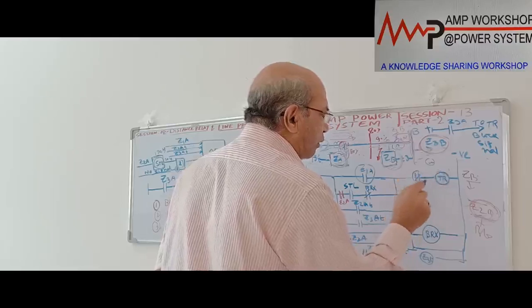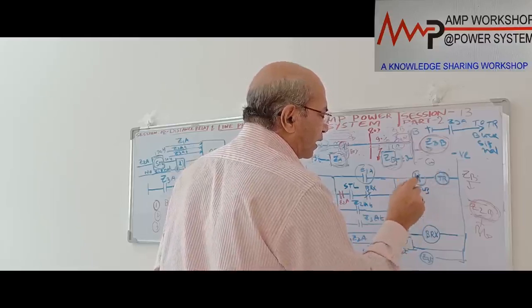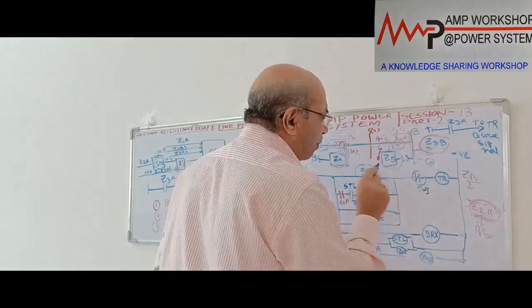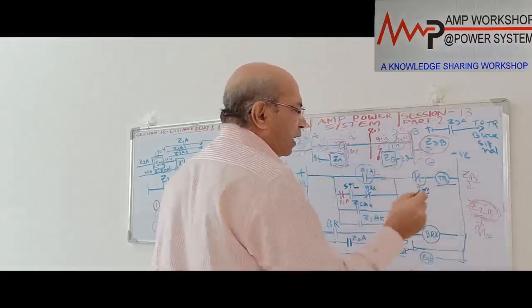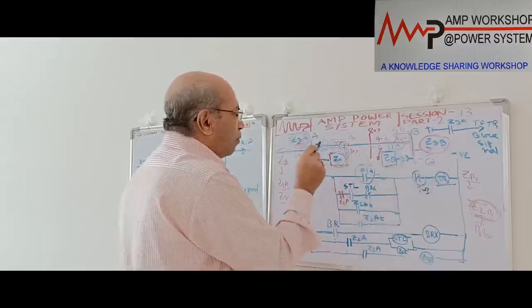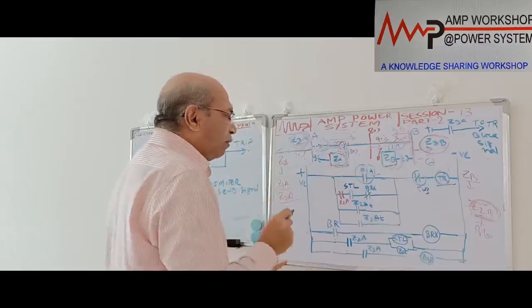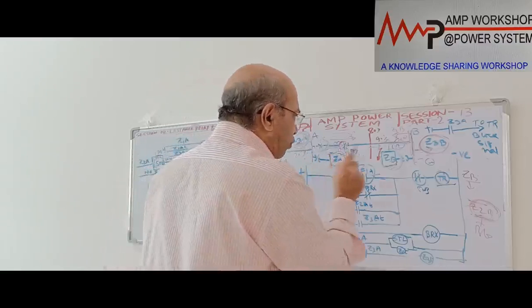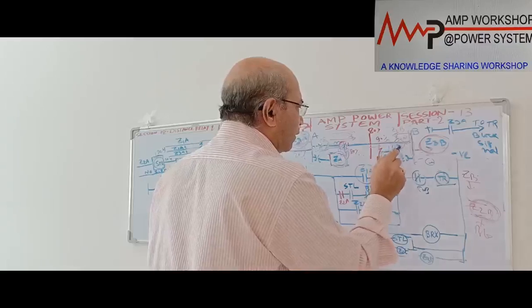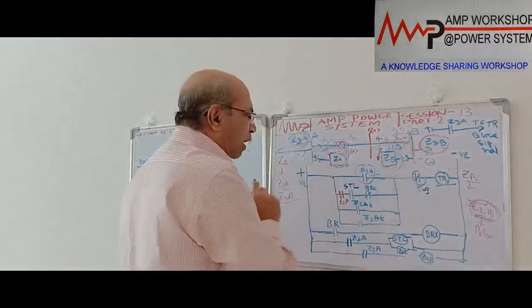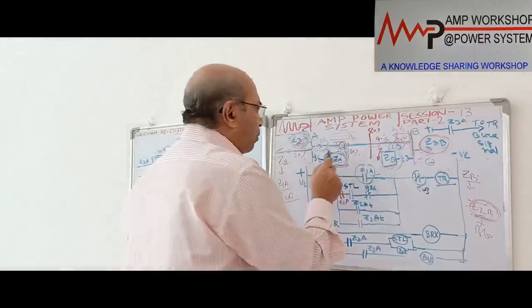It is a breaker NC contact, 52B. Now the breaker is in service position. So Z1 is operated, the trip relay is immediately energized, and this will give the trip command to the breaker. That is zone 1 clearing in this area. Now, if the fault is at the remote end, suppose the fault is over here, in that case, how will the end zone fault be cleared? The end zone fault will be cleared.